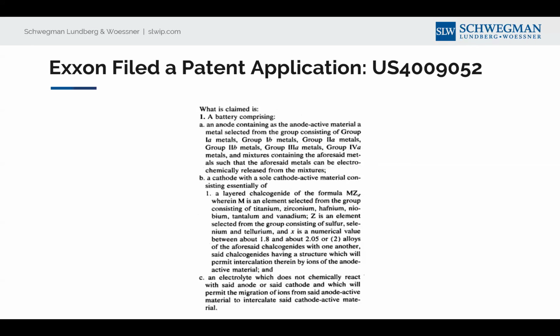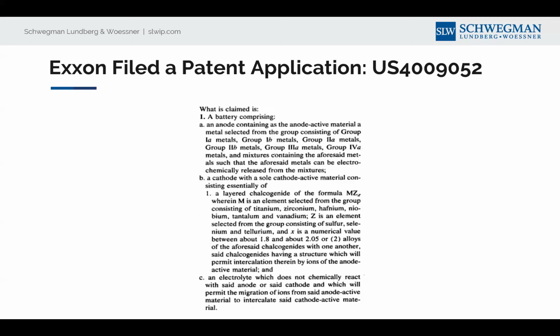What it claimed was a battery comprising an anode containing as the anode active material a metal selected from a group consisting of group 1A metals, group 1B metals, 2A metals, 2B metals, 3A metals, 4A metals, and mixtures containing the aforesaid, such that the aforesaid metals can be electrochemically released from the mixtures, a cathode with the sole cathode active material consisting essentially of a layered chalcogenide of the formula MZX, where M is an element selected from the group consisting of titanium, zirconium, hafnium, niobium, tantalum, and vanadium. Z is an element selected from the group consisting of sulfur, selenium, tellurium, and X is a numerical value between 1.8 and 2.05,